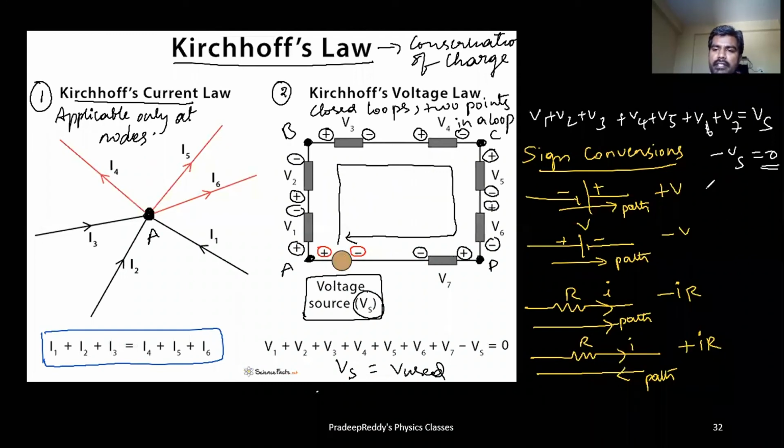And these sign conventions, some teachers and some textbooks may give you in opposite form, like negative to positive they will be taking minus V, and here you will be getting plus V, or here plus IR and minus IR. That is their wish. Final answer will not be changed even though you are taking opposite signs from what I have told you. Only the thing is, if you get a positive value with the sign conventions which I have told, then if you reverse the sign conventions, you will get a negative value. That's it, but magnitude is not affected.